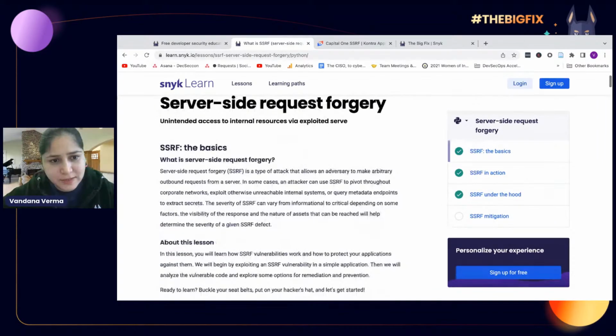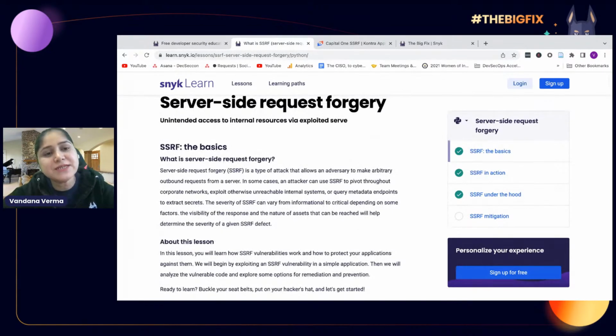In very basic terms, SSRF stands for server-side request forgery, because it's happening on the server side. I am a user and I am doing some kind of forgery towards the server, in very plain language. It's a vulnerability which happens when an attacker is able to trick a web application into sending a request to the server and getting the resource.